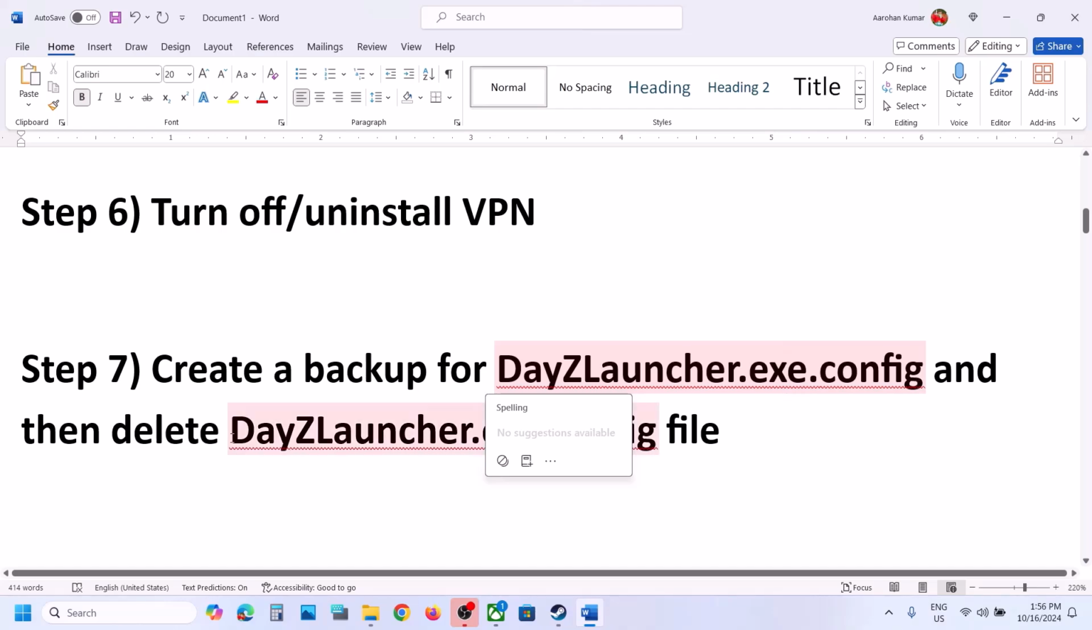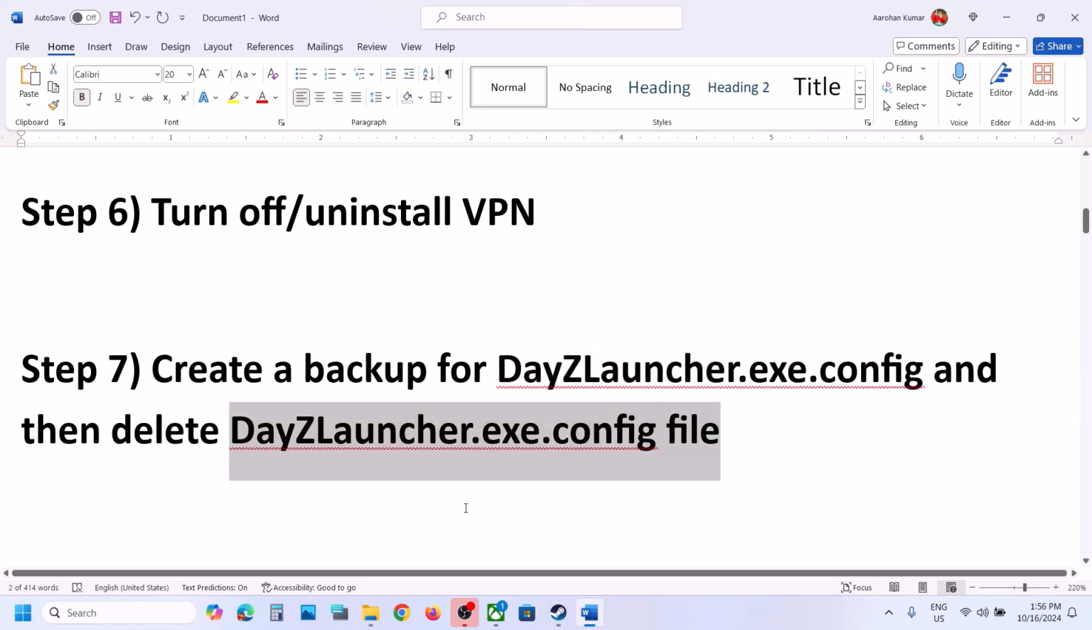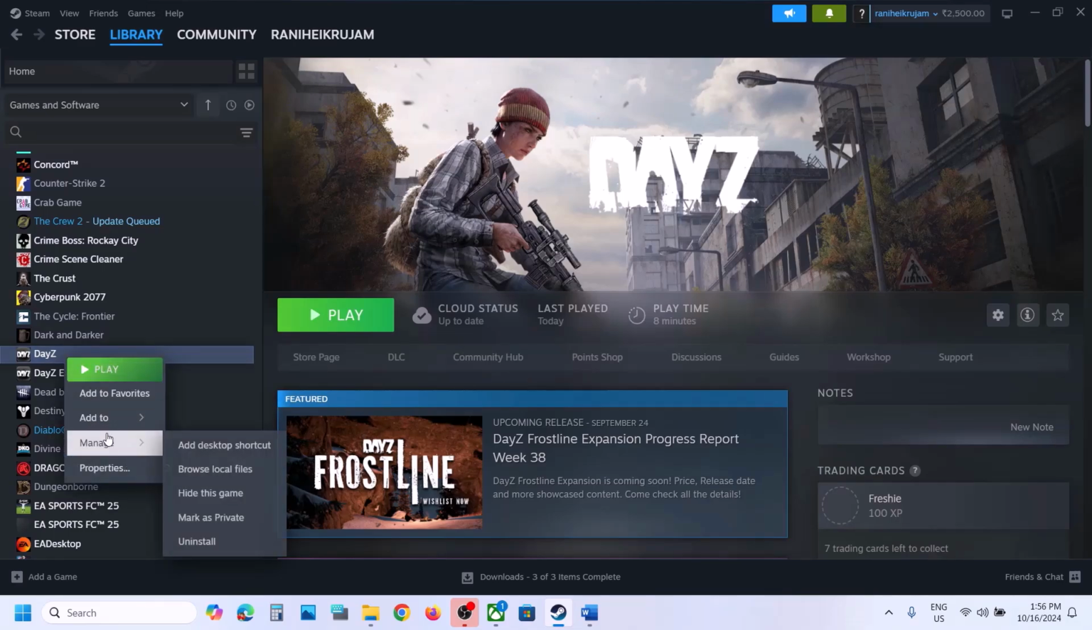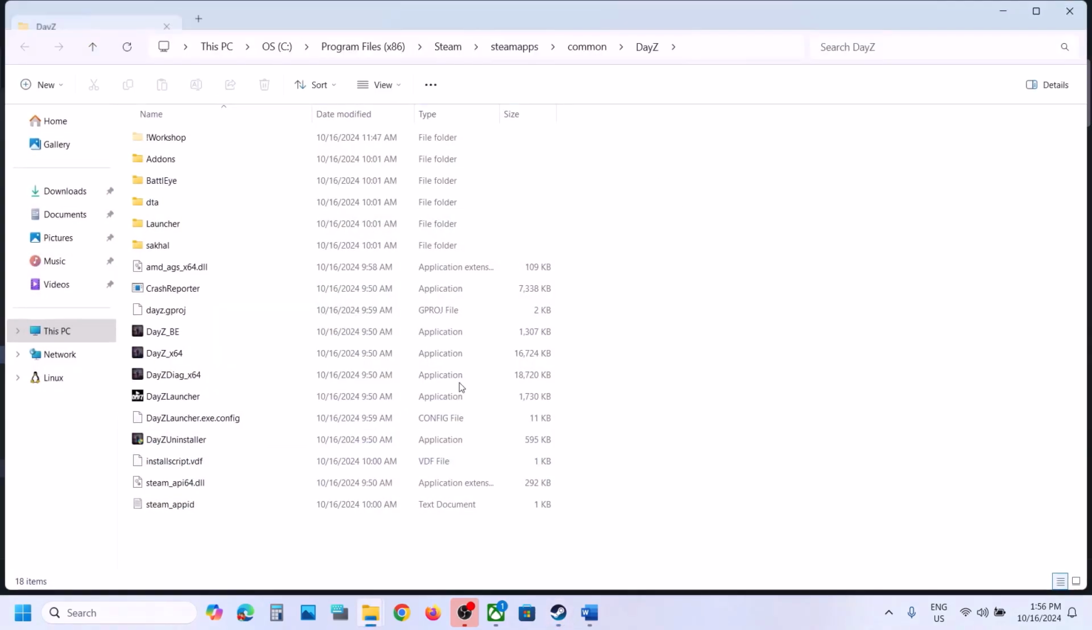Next step is to create a backup for DayZLauncher.exe.config file, and then you can delete this file from the game installation folder. Now for this, you can make a right click on the game, select manage, now click on browse local files. It will take you to the game installation folder. Here you can see